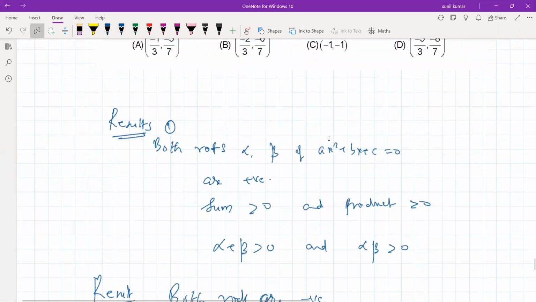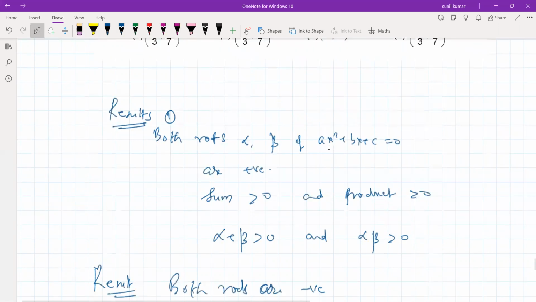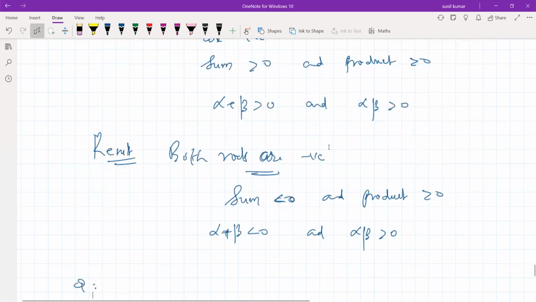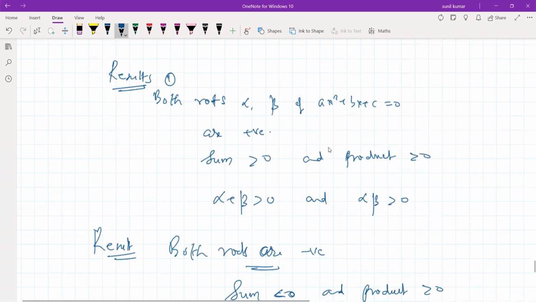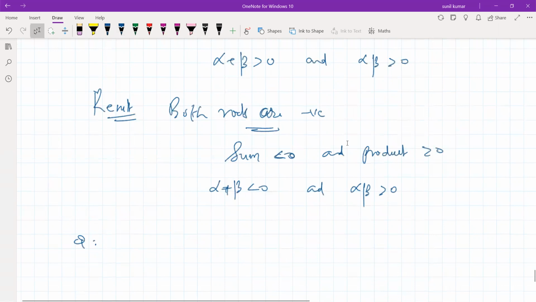Both roots alpha, beta of ax square plus bx plus c are positive. Then sum of the roots is positive. Product of the roots is positive. Now both are negative. For example, you can check it. Alpha is 3, beta is 4. What will happen? Sum also positive, product also positive. In the negative case,